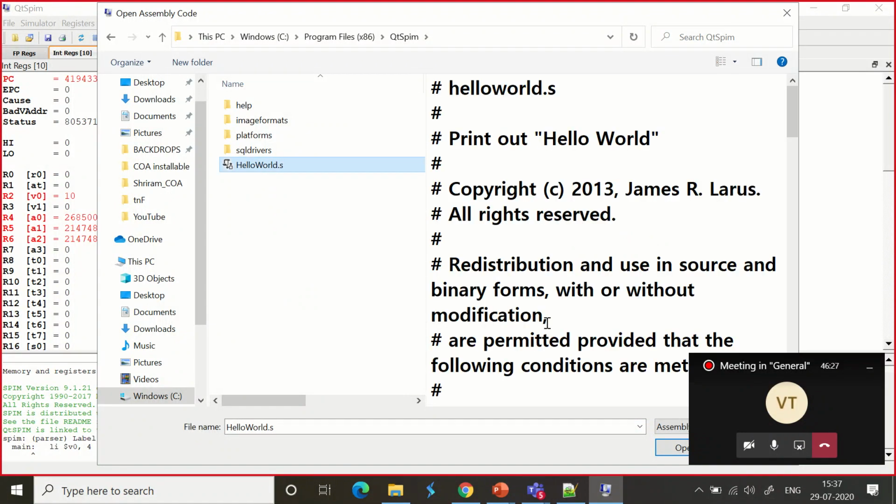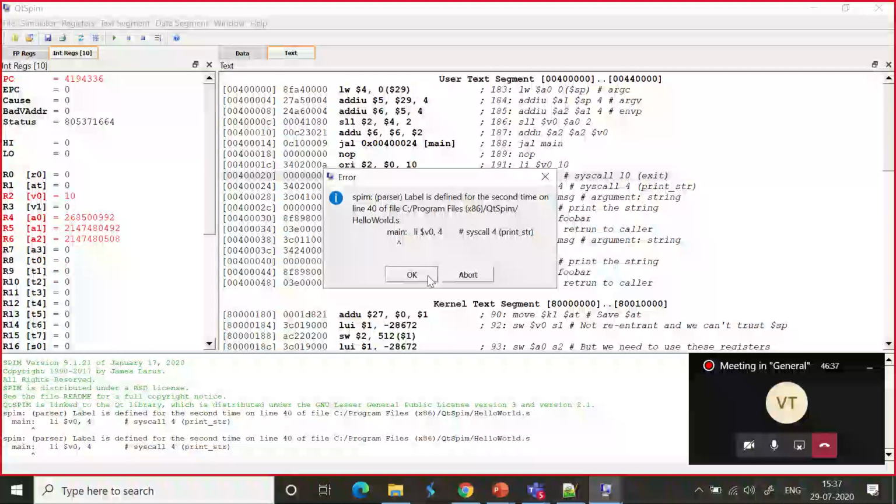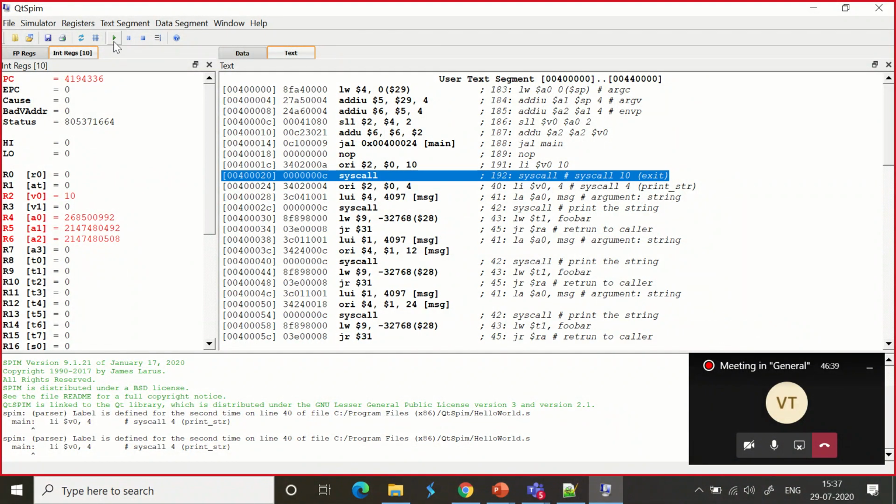They have a hello world file for us to test it. Don't worry about what is written in the code. I'll explain that later, as we need to learn a lot to do that. So just click that and click Open. That's it. You can run the code by clicking this button. This button is called the run button. I'll explain all the buttons, by the way. Just click this run button.